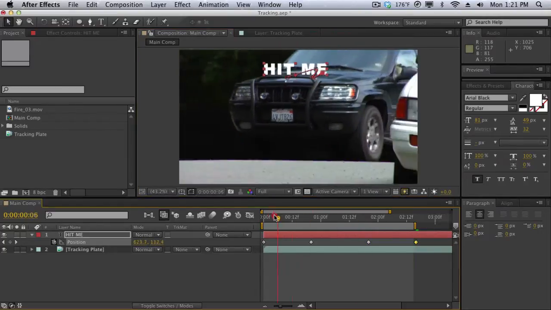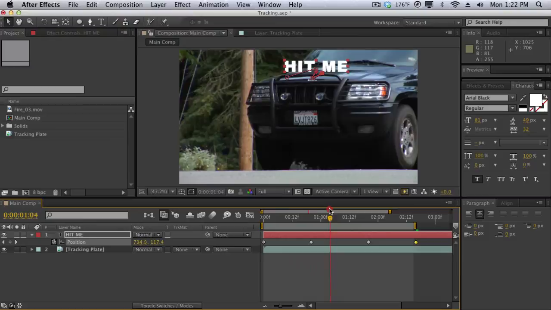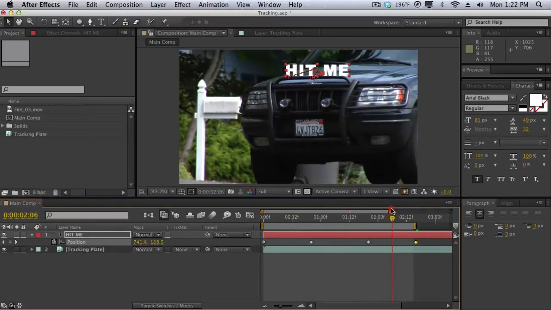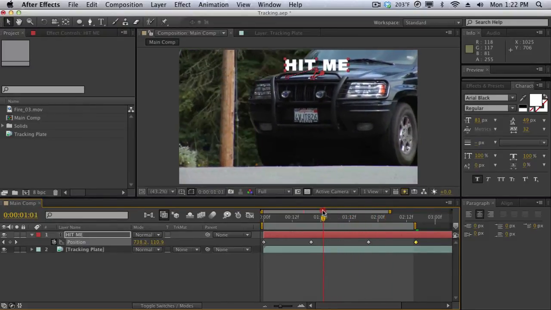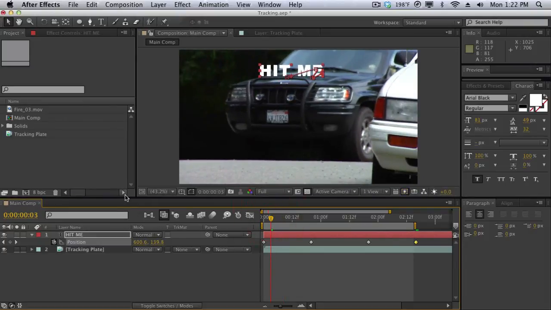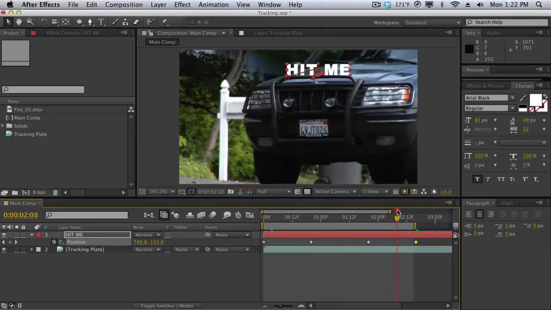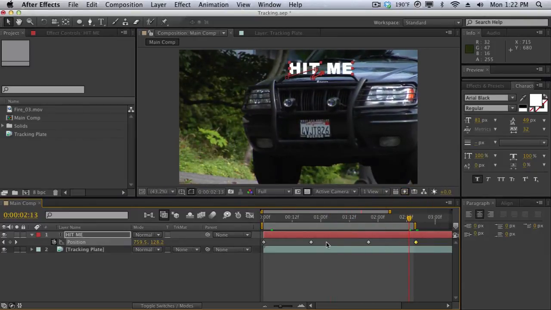It can be a very tedious process, and again, it doesn't look 100% realistic, and it's very tedious to get exactly right. Then you would have to play around with the rotation and the scale, because as you see, as our vehicle gets closer, our text should get larger as well. It's a very tedious task, and this is the basics of the problems for a compositor. So to ease the process, we can do something called motion tracking, which is going to track the motion,